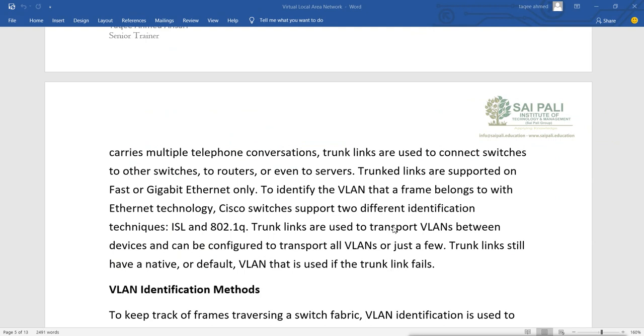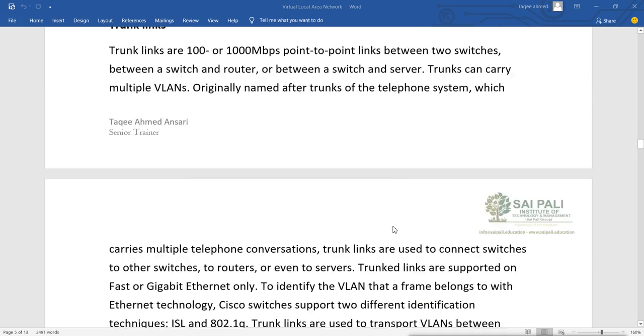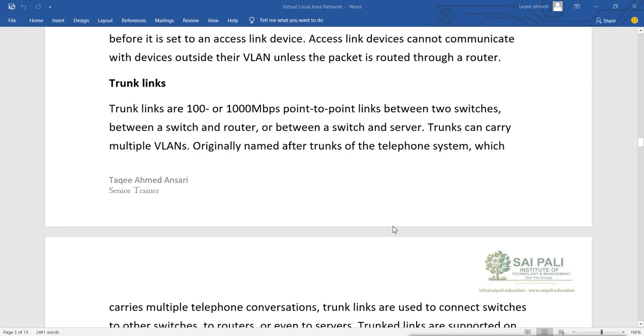Now, if we want to convert the port or the link into a trunk, we need the port to be at least 100 Mbps minimum, or we can go up to 1 Gbps. Because if you have 10 VLANs, all the VLANs' data will go over that single link.